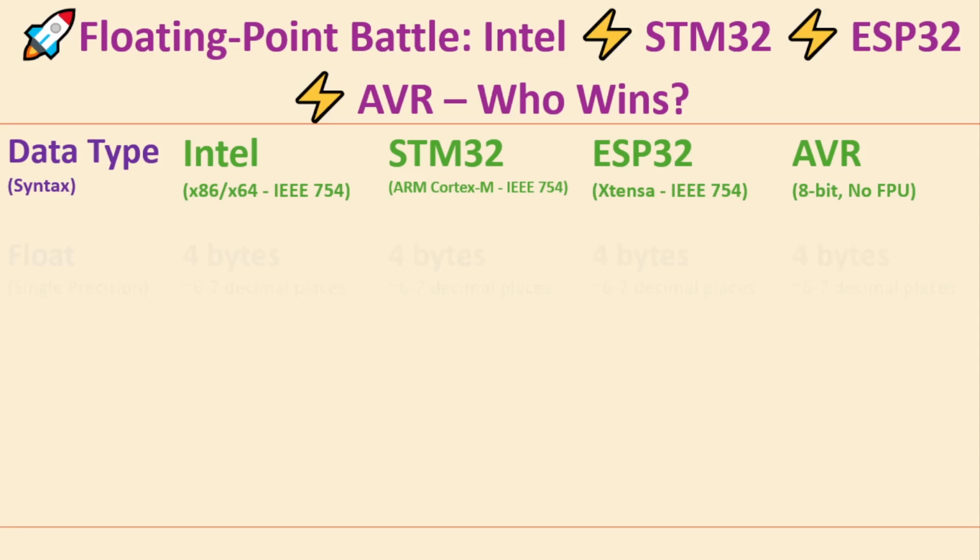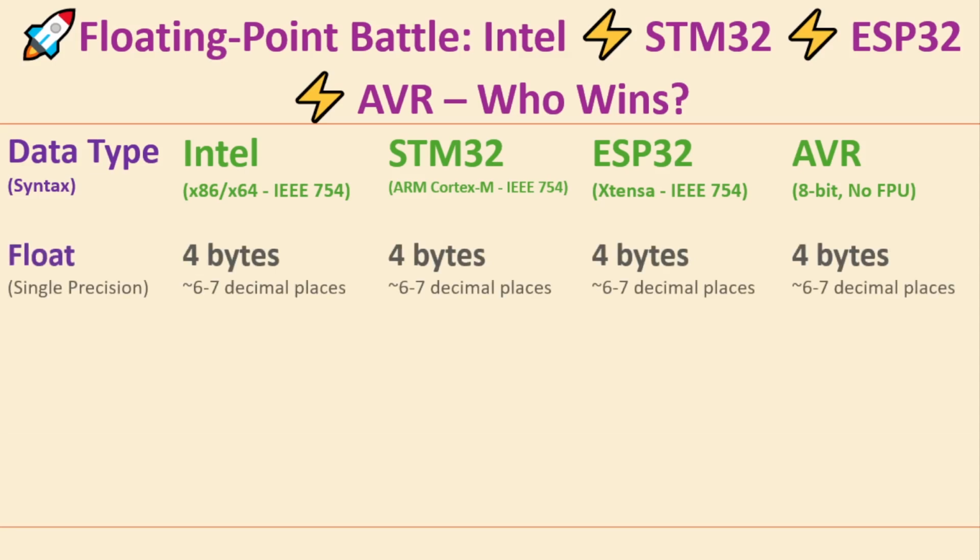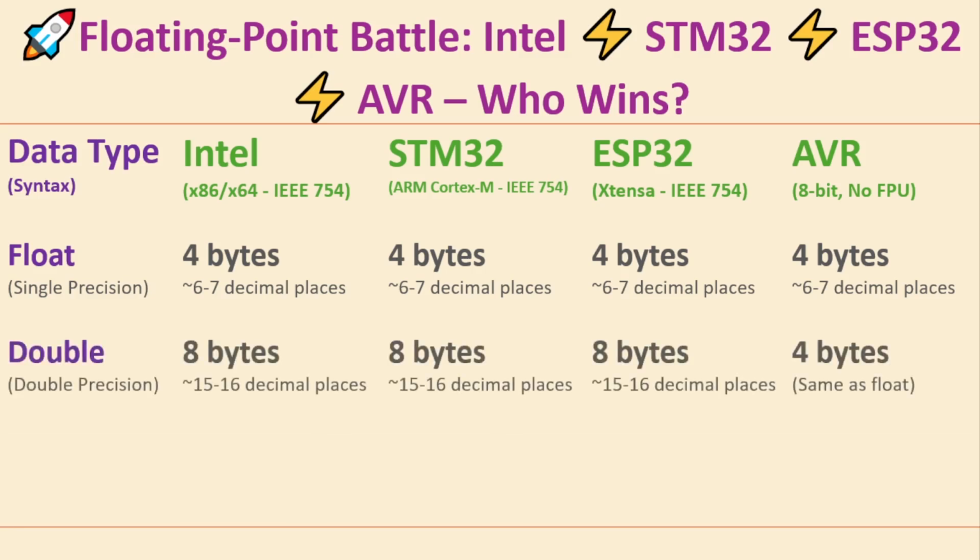Variables of type float use 4 bytes or 32 bits of memory across all processors, with a decimal precision of about 6 digits. The double data type uses 8 bytes or 64 bits of memory except for AVR processors, where